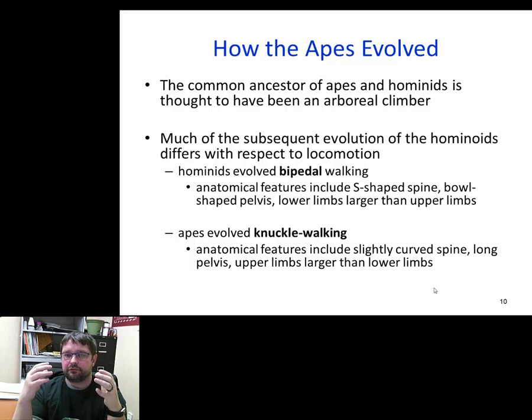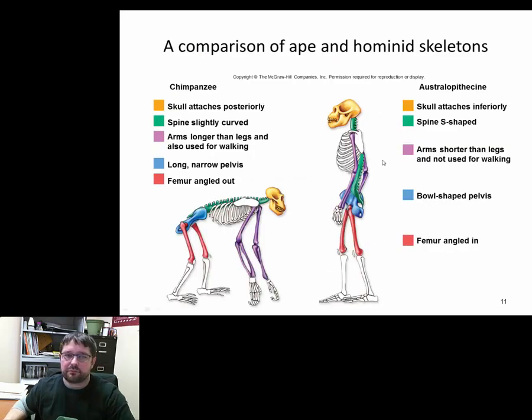Clearly, if you're going to go bipedal and walk on two legs, then you better be good at it and be able to increase speed and things like that. So when we look at some of the major differences, now, these are Australopithecus, so these are not Homo. This is not the human line yet. These are the ancestors to both chimpanzees and humans.